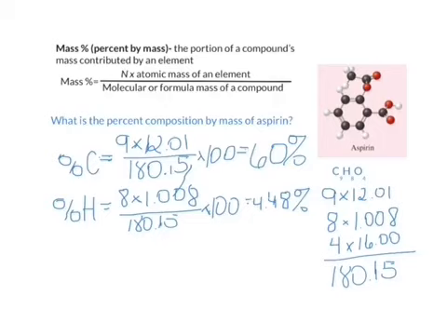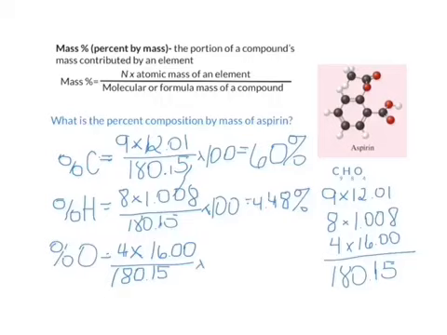All right, now let's do the last atom that is in aspirin. Let's see how much oxygen contributes to the whole deal. Now there are only 4 atoms of oxygen in the aspirin molecule. So our N is 4, and the atomic mass of oxygen is 16. Divide that by the total, multiplied by 100, and this comes out to